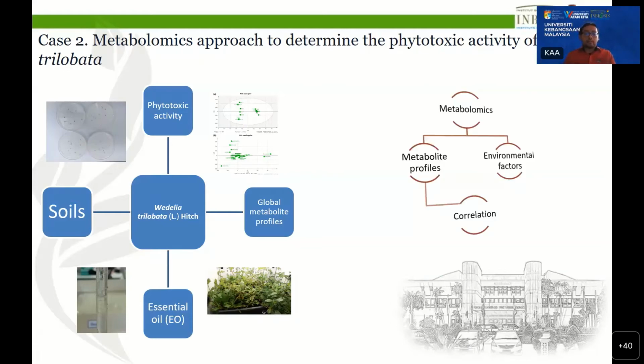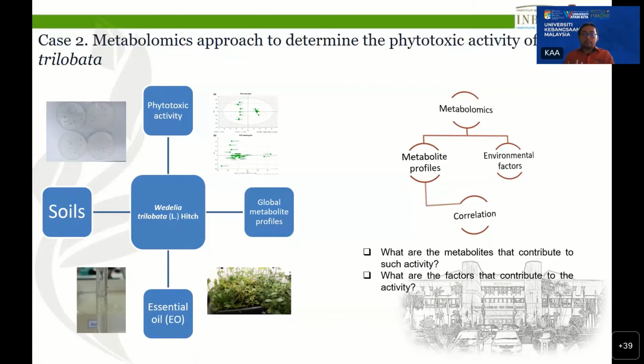The idea of this study is to look into the metabolic profile, especially compounds that have phytotoxicity, which can be used as a herbicide to inhibit, for example, the growth of wheat and so on. From here, we tried to correlate these metabolites with environmental factors. In this case, we did a study on the soil and tried to correlate this information with the metabolic profiles of this plant. The main objectives of this study were: what are the metabolites that contribute to this phytotoxic activity, what are the factors that contribute to these activities, and what are the mode of action or mechanism for this